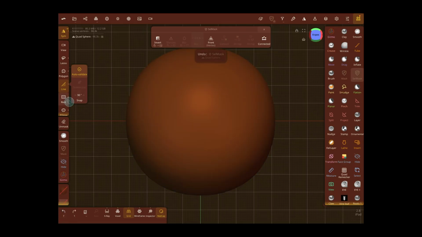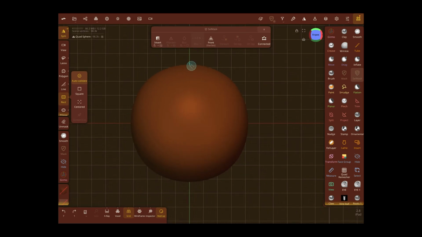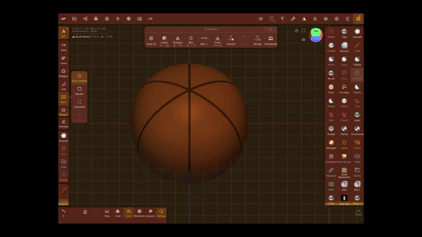We are going to use this rectangle, and of course an ellipse as a circle, you can do centered, but for this tutorial I'm just going to show you what we're going to do for this specific model. So I'm going to use this center line, this green line, and use that as a reference of where I'm going to draw my rectangle. So I'm going to get it pretty narrow and drag it all the way down. And remember, our mirror is on, so it'll be